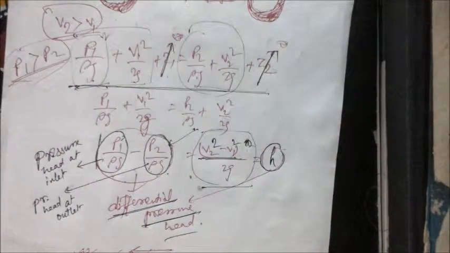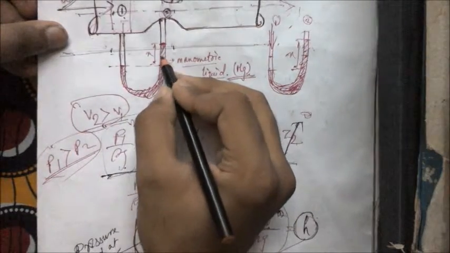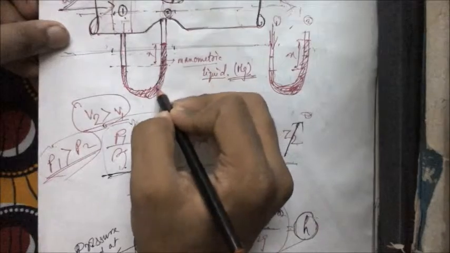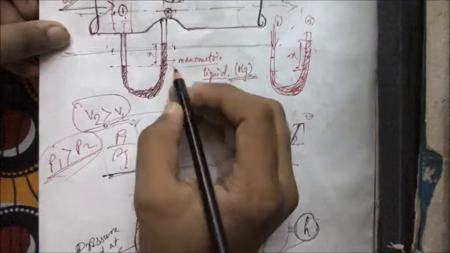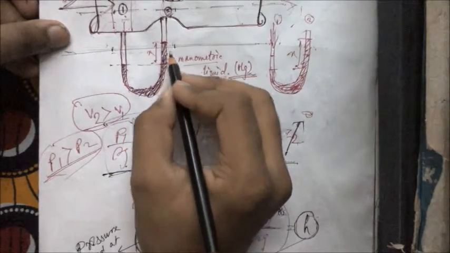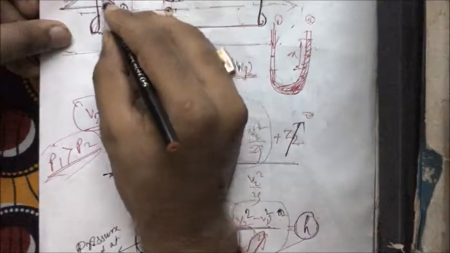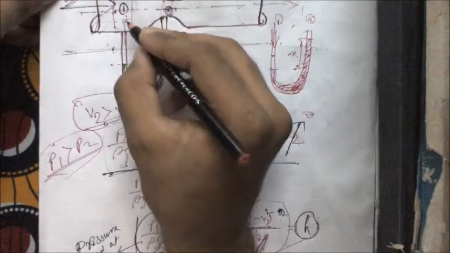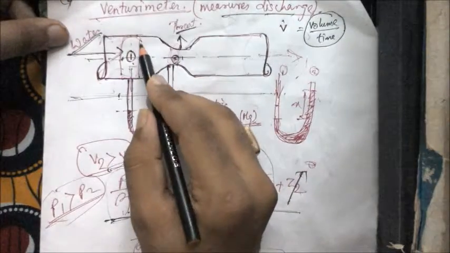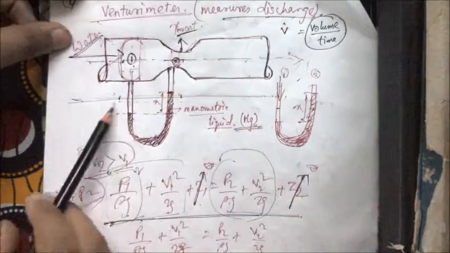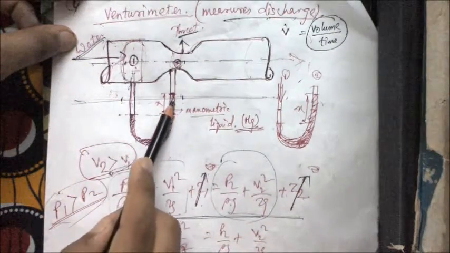Okay. Now see, try to understand. We have seen that the mercury level, suppose the fluid inside the U-tube manometer is mercury, has risen up from this side. That means here the pressure is more. Suppose here the fluid is water. Water has pushed the mercury. Now you can see it, I think. So here the pressure is more. So the water has pushed the mercury and the mercury has risen from here.